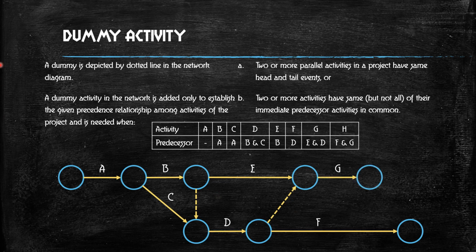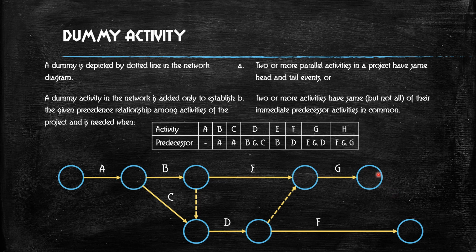Right? Okay, so now here in this place D is completed, E is completed, so E and D completed. From here we start G. Next H. Where do we start H? When F and G are completed, you start H. So here we don't need to draw a dummy line. Why? Because you don't have any other predecessor further.